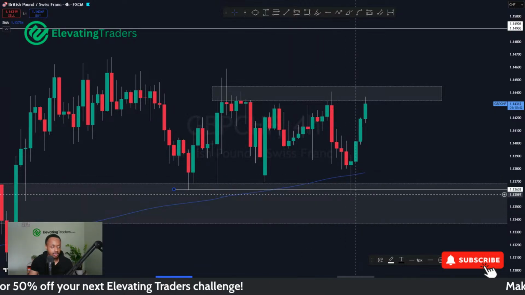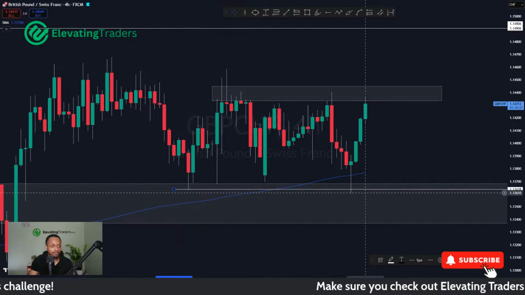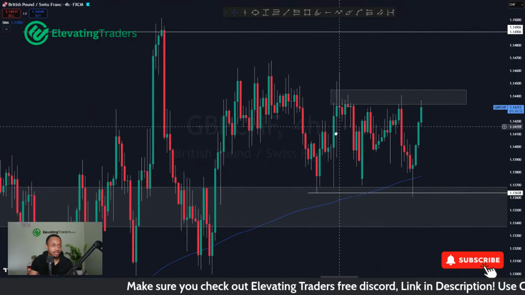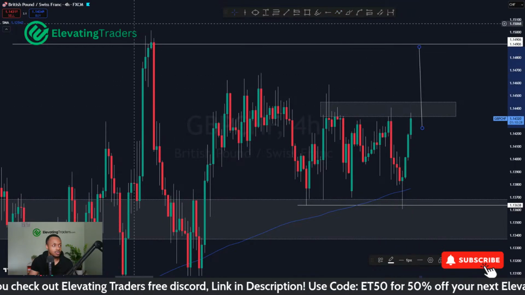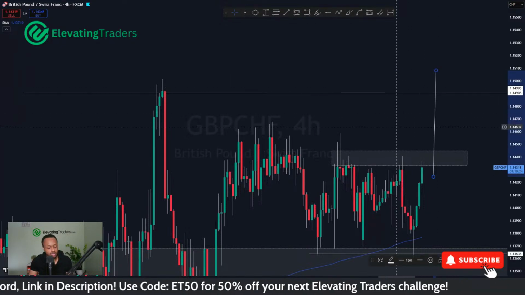We spiked to the low, of course, testing the daily support as well, but also taking out that wick low. And then price shifted and closed very strongly. So let's see if we can break that resistance. If we do, then yeah, 1.149 is likely to be hit as well, which is that area. And maybe further too, but it's just a very messy pair.